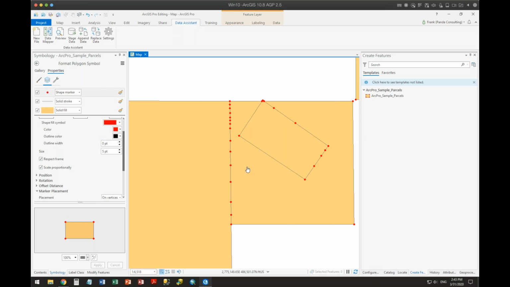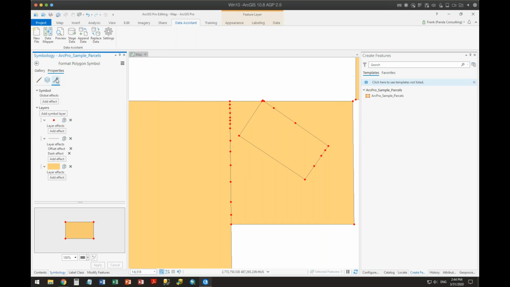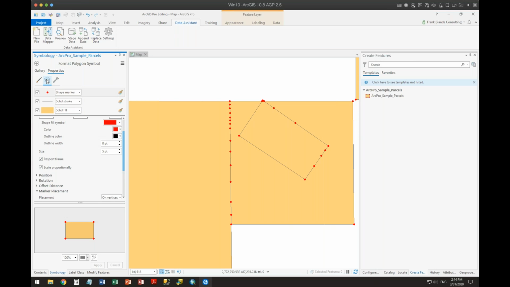Does it not have extra vertices? What's going on in here? And it allows you to do that. All right, that is again ArcGIS Pro, and it allows me to create a new marker set inside the structure, and then it allows me to symbolize it inside of the layer element.